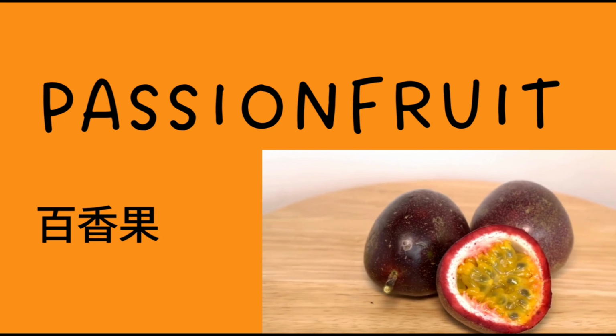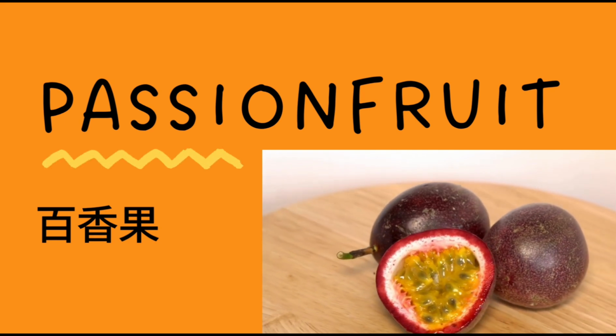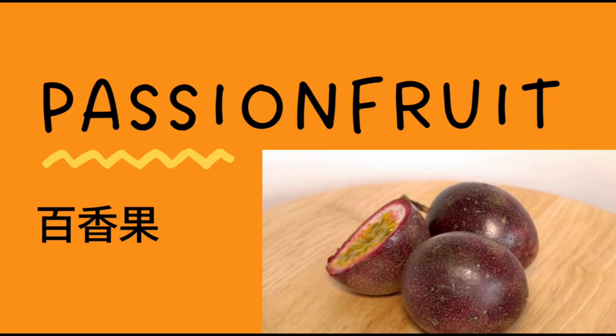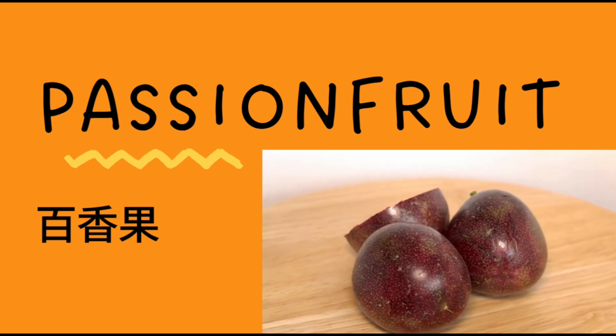Passionfruit. Passionfruit, sweet and a little bit sour. 百香果